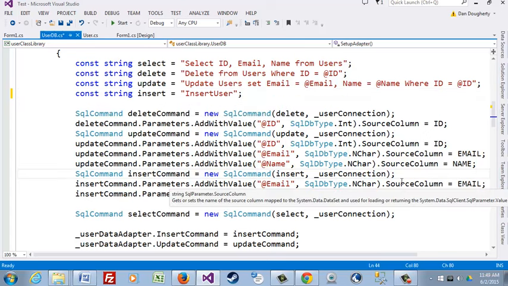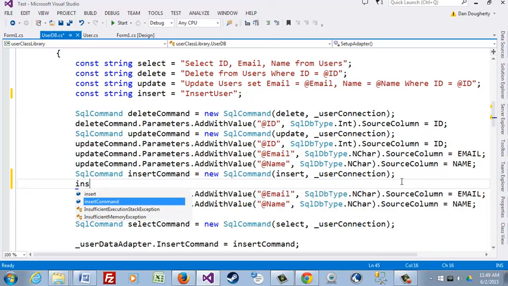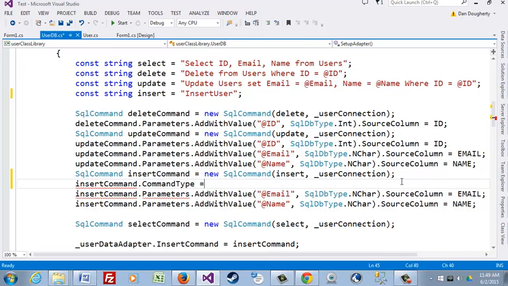And the way that I do this is I go down to after I've defined insert command, and I type in insert command, and then I say what the command type of this is, and that equals CommandType.StoredProcedure. So this tells me that what we're trying to execute here